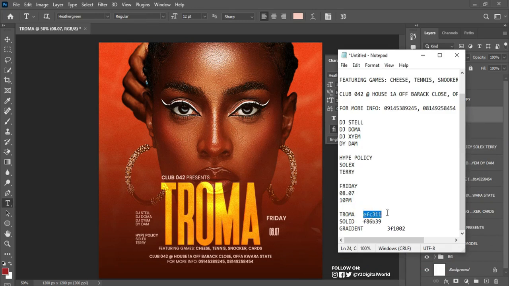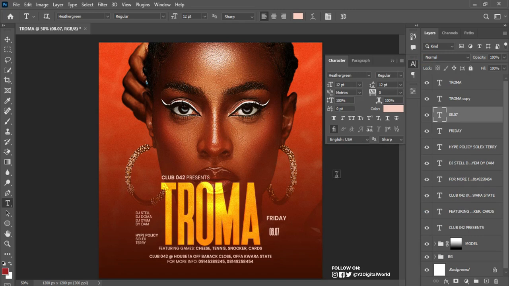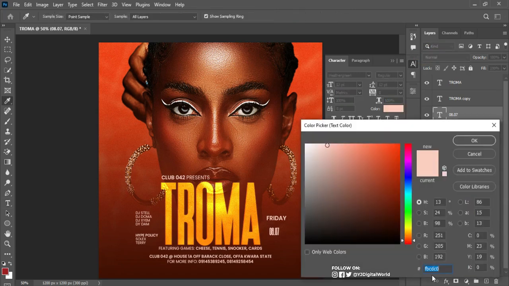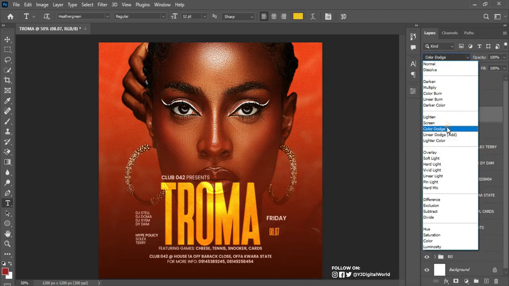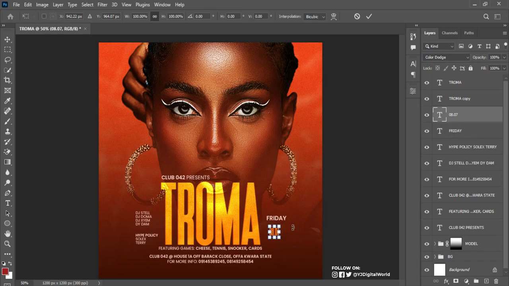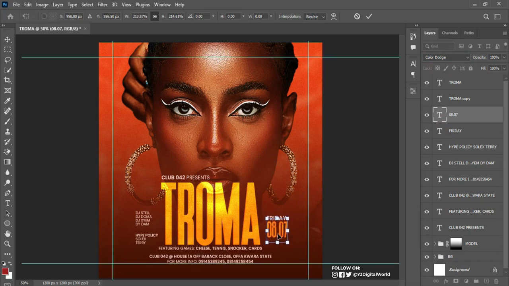For this I also want to use the same color as my theme. Okay, paste it in here, then change the blending to color dodge. Control T to transform and scale up the size. Turn on your guide, Control H. I think this is actually looking nice. Pick your move tool to make sure